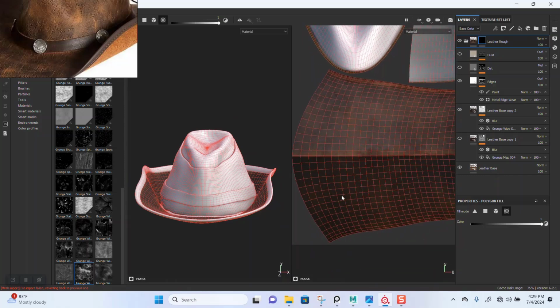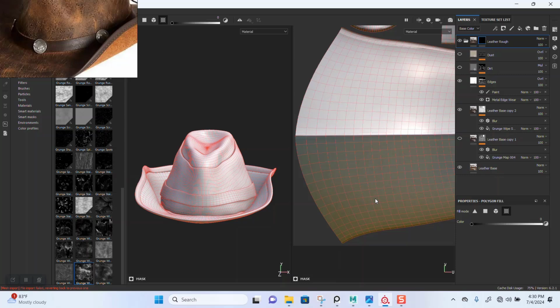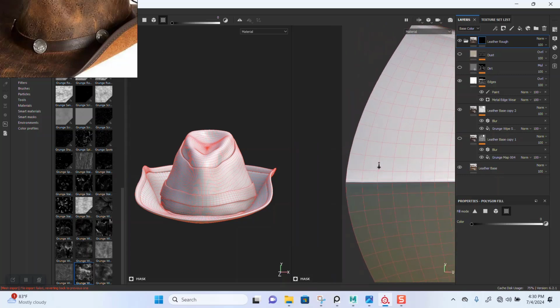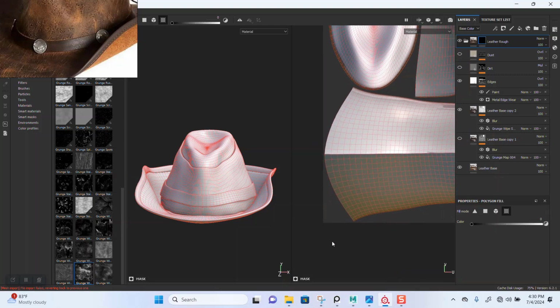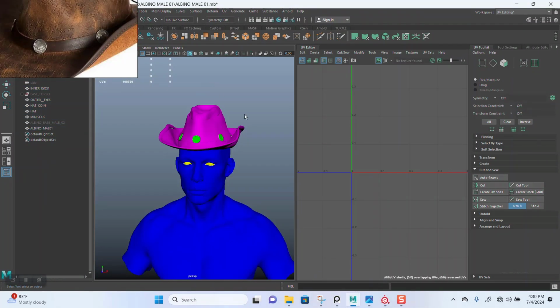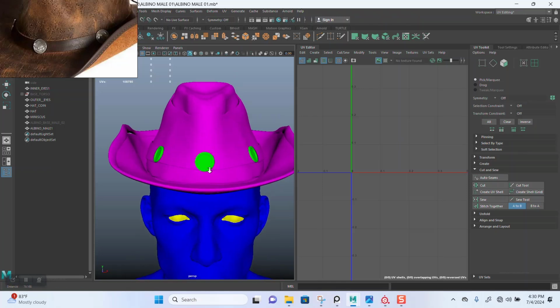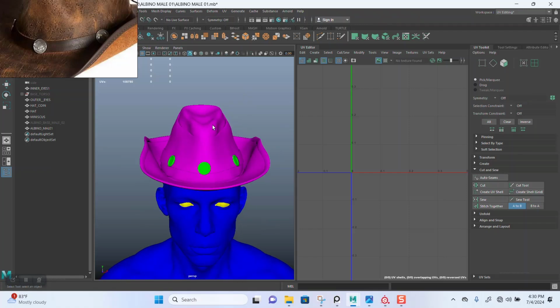I guess this trick is not going to work. Cheap trick isn't working. Nope, it is not working. I guess we just have to bake this out again. We have no choice but to bake this out again, because starting to paint that one now would be too much work. So let's just